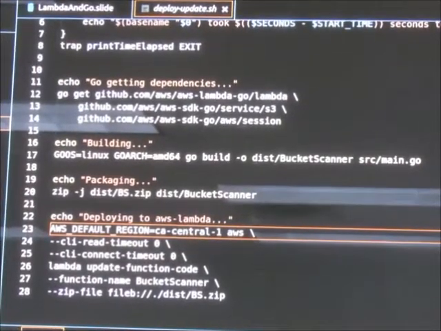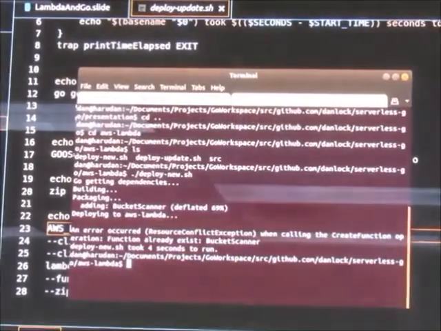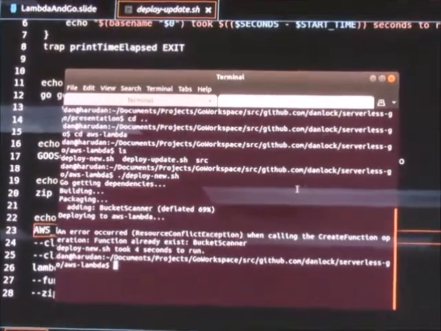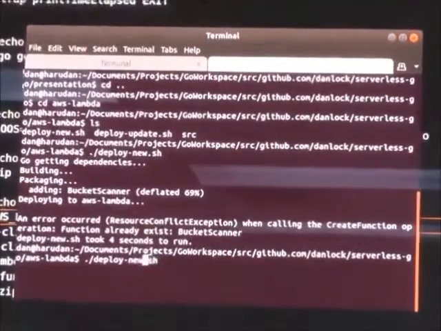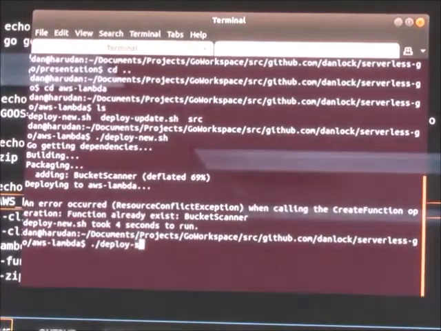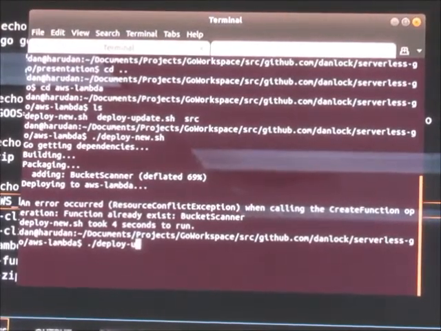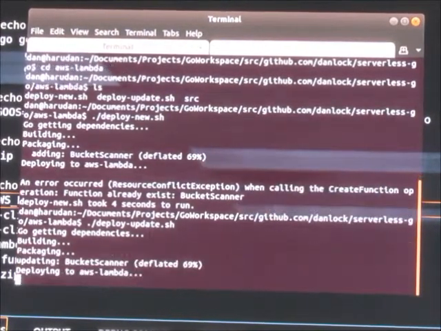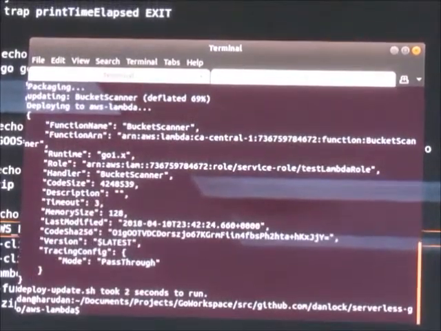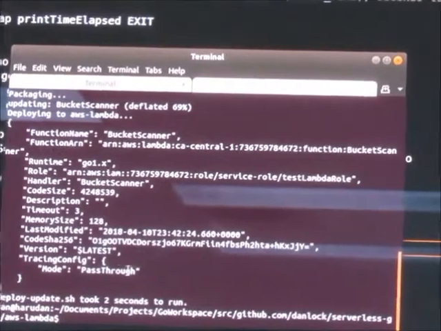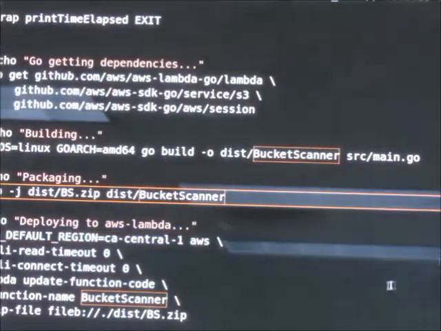If I can find my mouse. There we go. Okay. So yeah, I've deployed it to AWS Lambda.